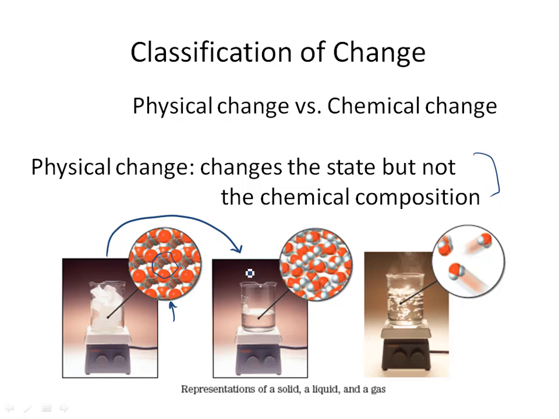When you heat it up, all of a sudden you have liquid water, and all these molecules are moving all over the place. They're jumping all around. Even though they're jumping all around, it's still water molecules, so it hasn't changed what it is chemically. If you heat it up even more, it becomes a gas. The water molecules are still water molecules, but they're all moving around more separately. So this is called a physical change because it's changed its physical state, but it has not changed its chemical